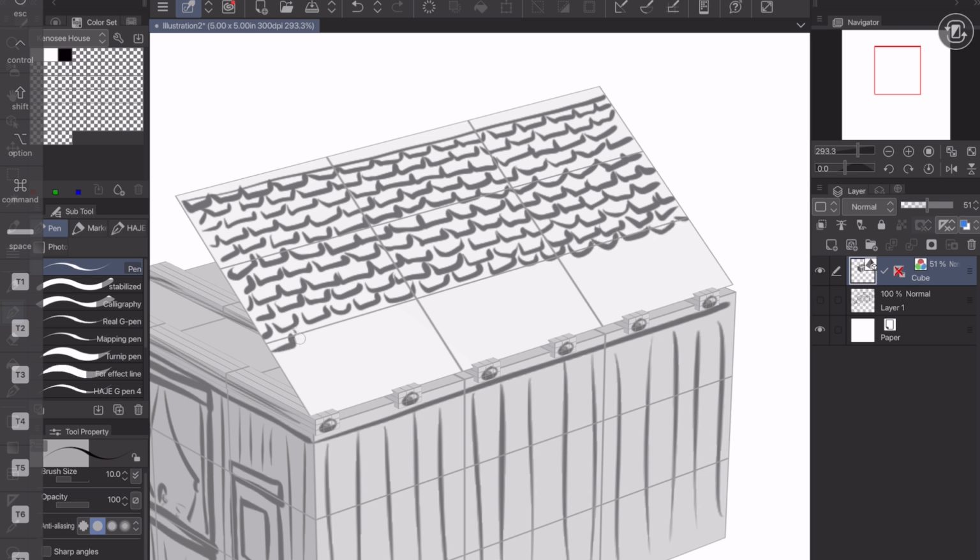Okay, these shingles are starting to look crazy. So time to standardize the shingles again. Okay. Now this one,